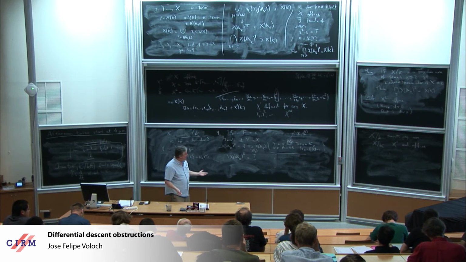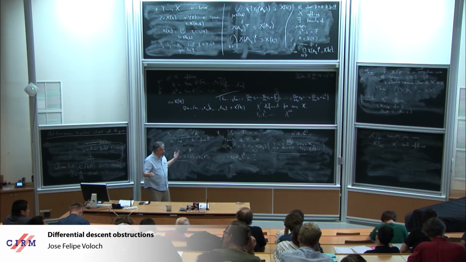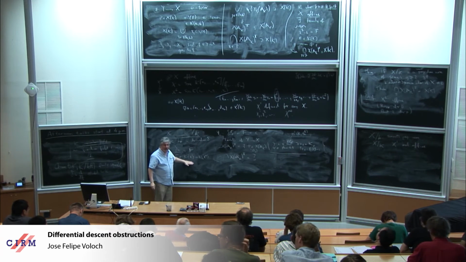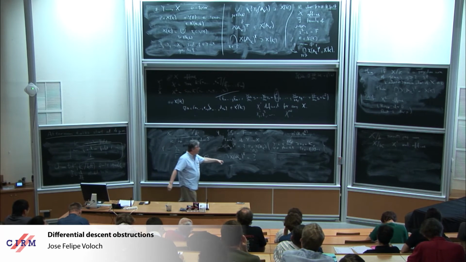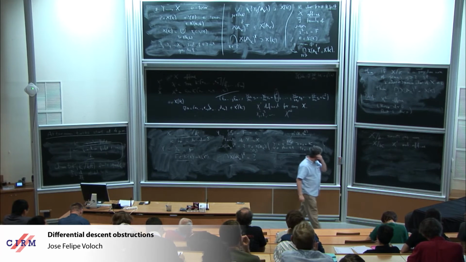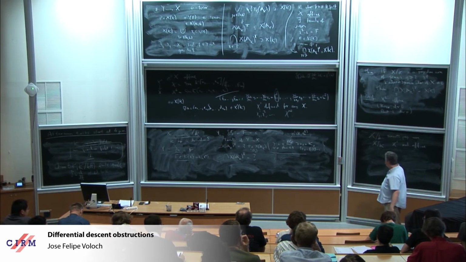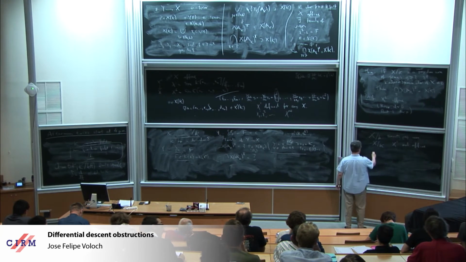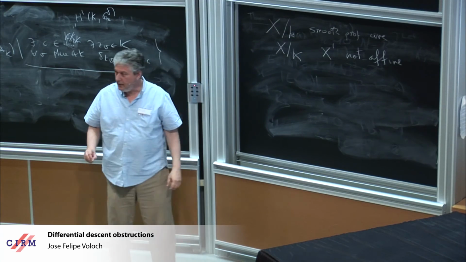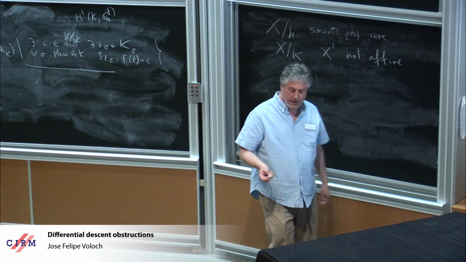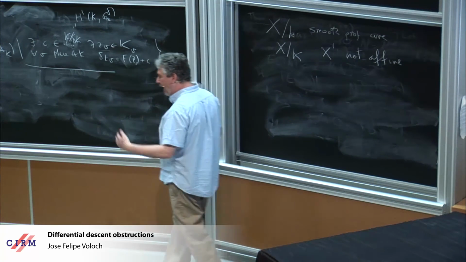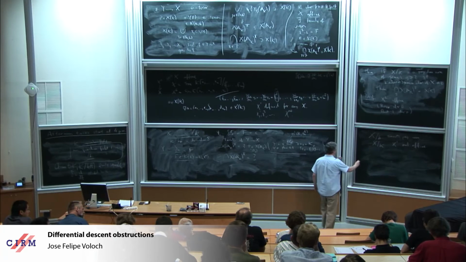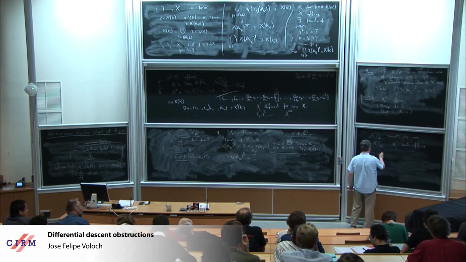But you can still ask, what is X1? What kind of regular functions does it have? And what do you get when you do this? And it's interesting. You almost pick out the rational points. I'm not going to write it in detail because it's complicated, but